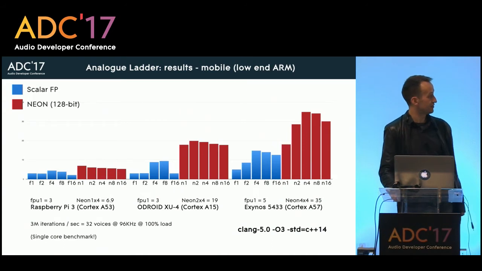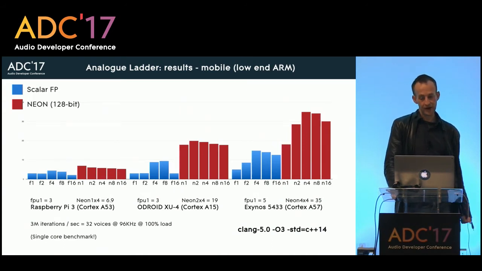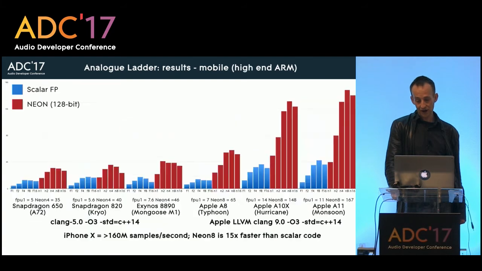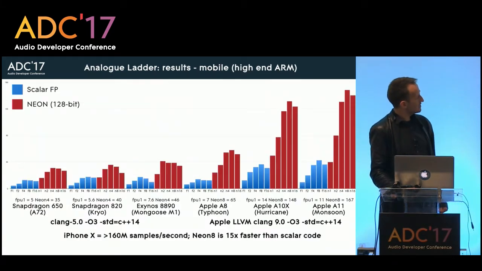But you're seeing much bigger benefits on these slightly bigger and wider chips. So this A57 on the right here, that's what you would have got in a high-end phone a couple of years ago. Looking at some higher-end ARM processors, they're somewhat faster on the scalar code there. I mean, this A11, so this is the iPhone X on the far right there. It's like 3 or 4 times faster than the Raspberry Pi